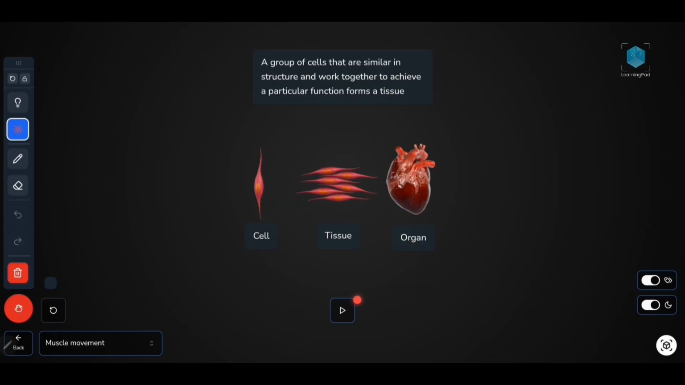Okay. Then let us go back to another topic. After muscle movement,